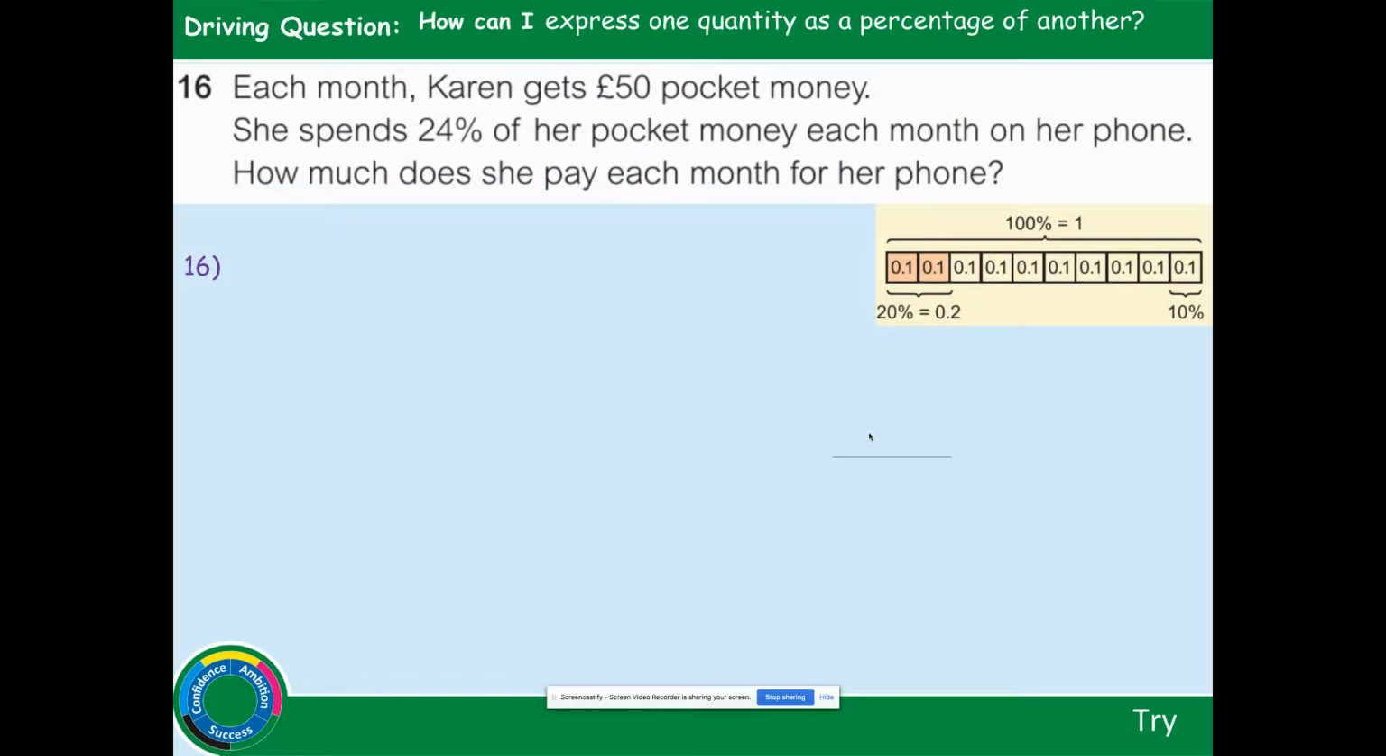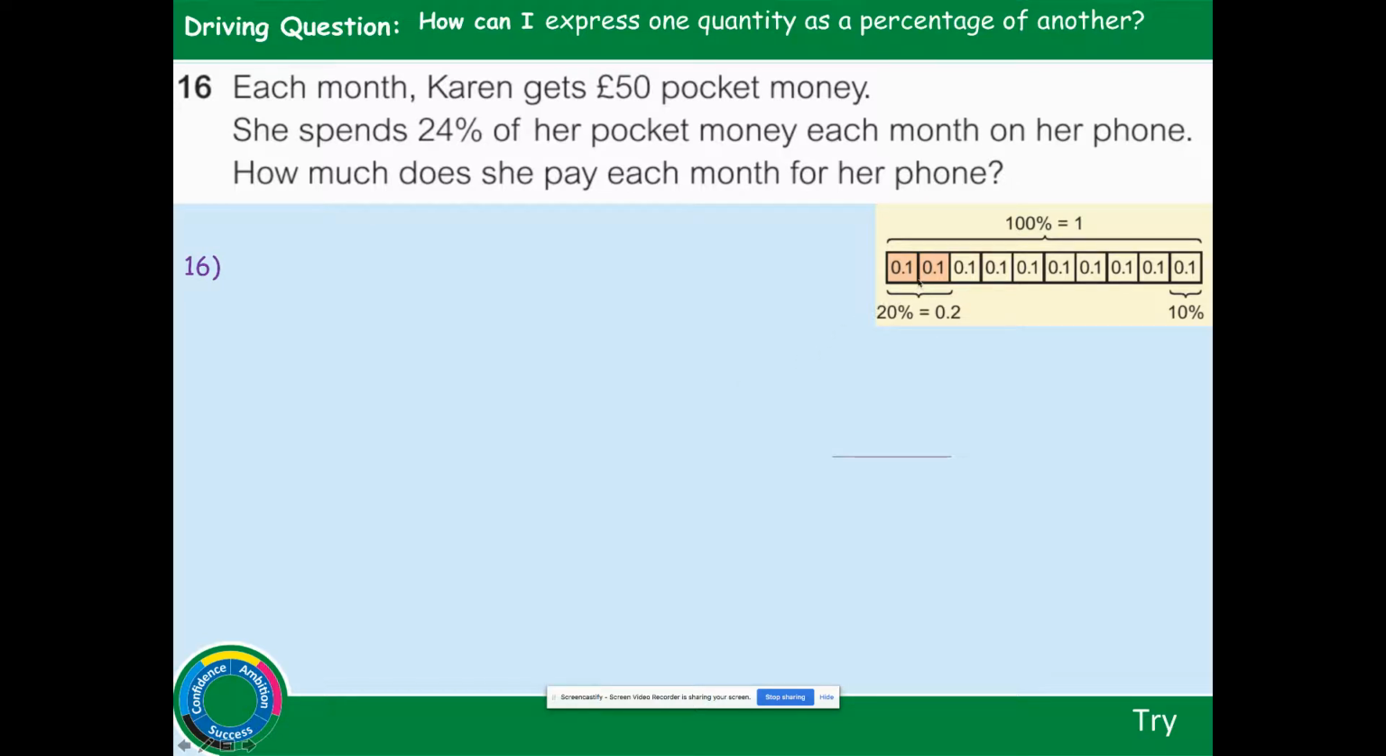Right, each month Karen gets £50 pocket money. She spends 24% of her pocket money each month on her phone. How much does she pay each month for her phone? Okay, you're going to do this one on your own, but I'll just give you a hint to find your